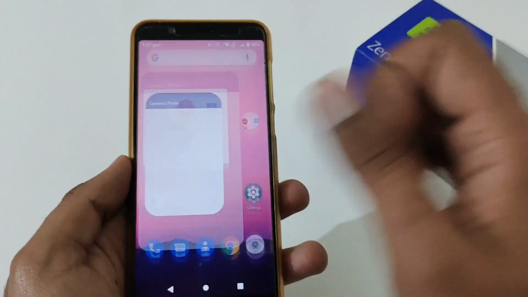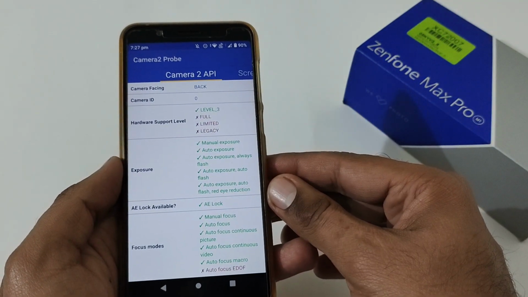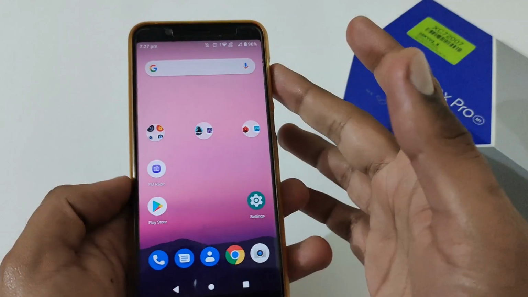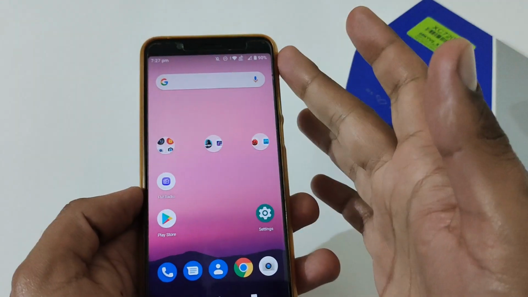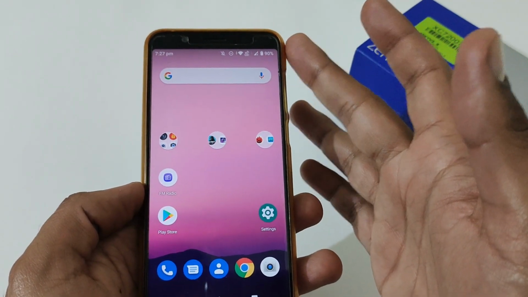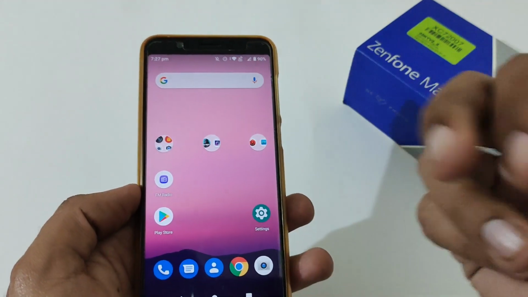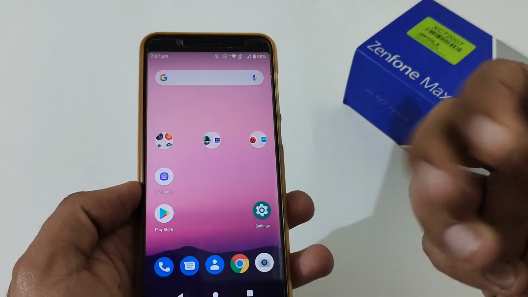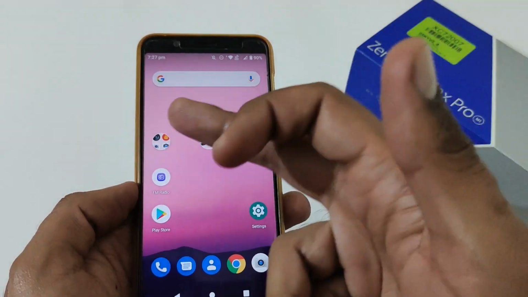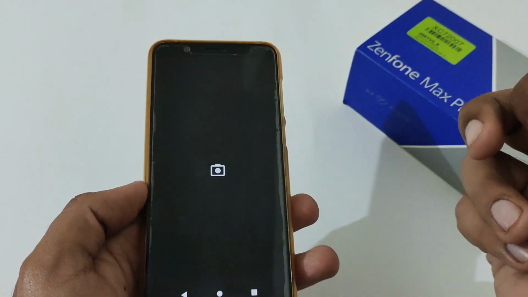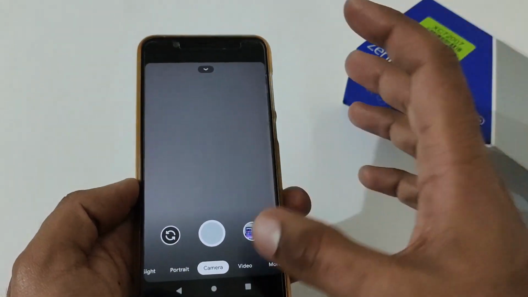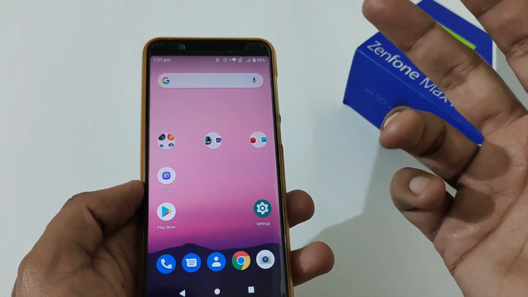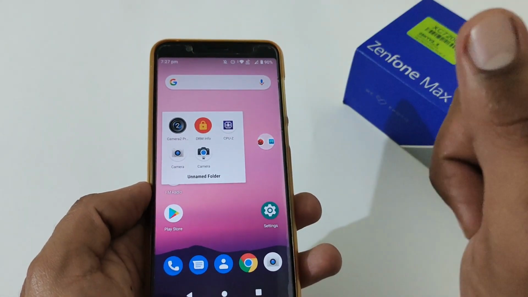After this, now let's talk about the status of Camera2 API. It's good that on both the versions, be it beta 5 or beta 4, level 3 hardware support level is available, and you can choose any ported Gcam which is compatible with our device, that is the ASUS Zenfone Max Pro M1, and you can use it. I'll be providing you a URL for the ported Gcam which I am using in the description box below. It is working absolutely fine except the slow motion. This is that particular Gcam port, and I've used it in lots of custom ROMs as well, and I haven't seen any issue except that slow motion.